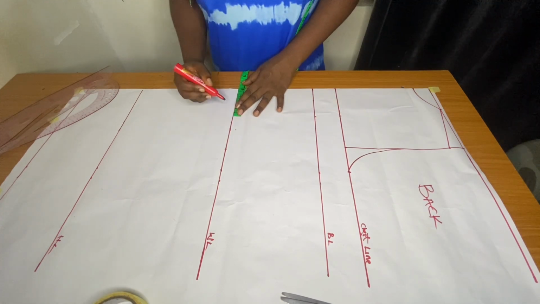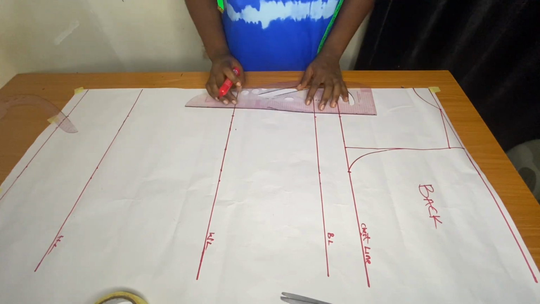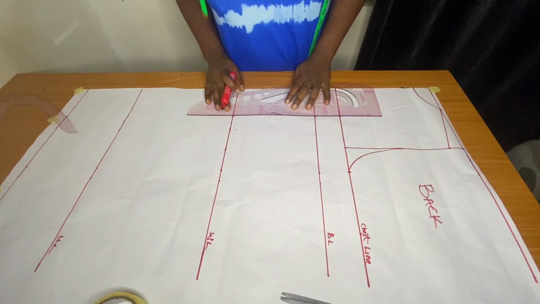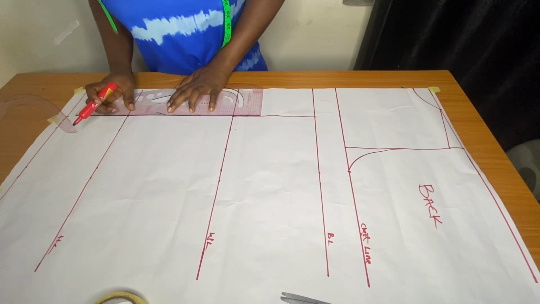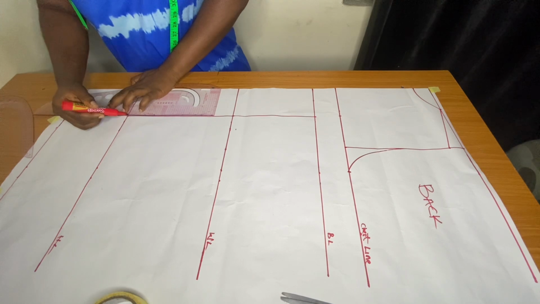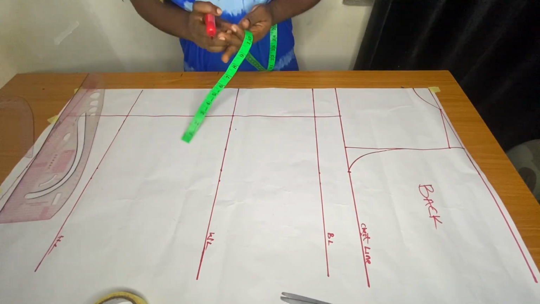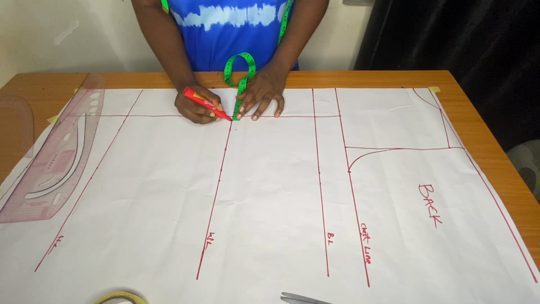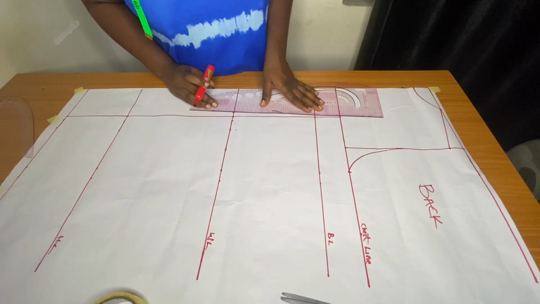On the chest line down to the full length, we're just going to mark our nipple to nipple measurement, one nipple to the other divided by 2. That's basically what I am doing here. The back isn't an issue, so even the front is not an issue. Please don't be scared. Now from the waist measurement line, we're just going to take 0.5 for our